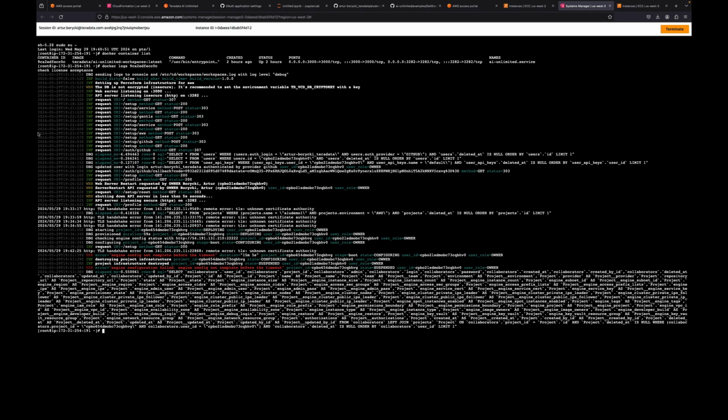We need to find the container so we can get the logs. Docker container list. We can copy container ID. Now we can press Docker logs ID of the container. As you can see, we get the deployment timeout. The good part is if any